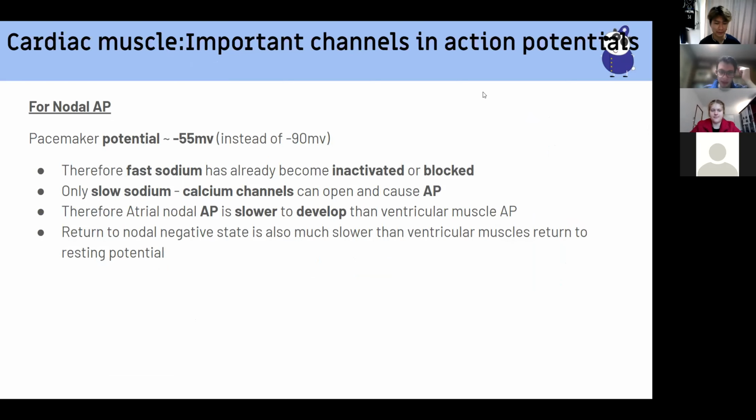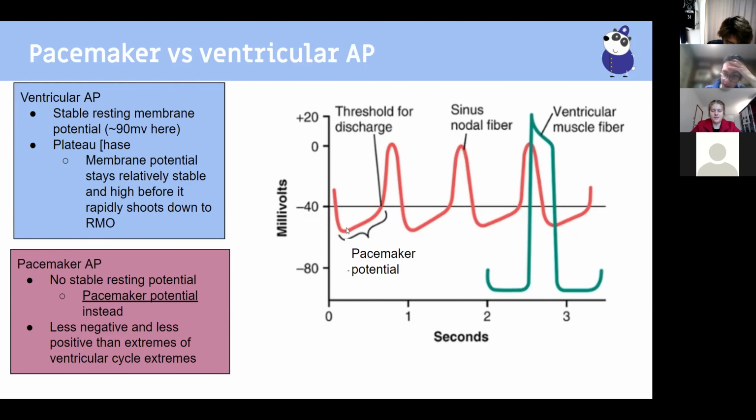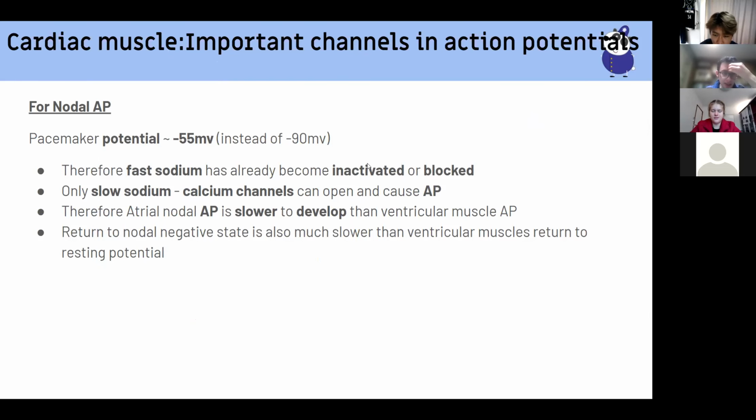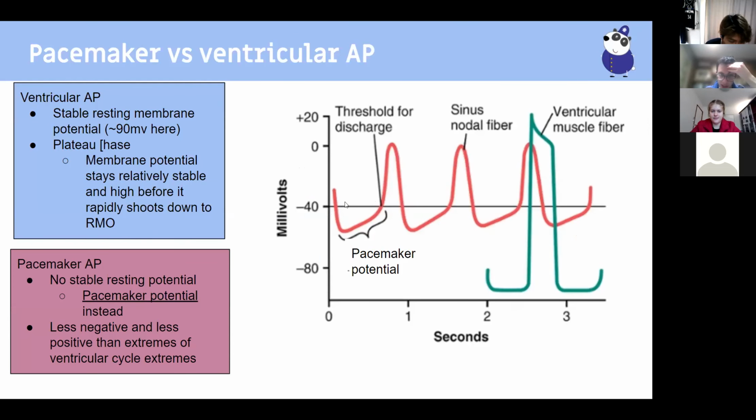For nodal, your pacemaker potential is about negative 55 millivolts. It's really interesting. Because you're at this negative 55 millivolts instead of negative 90 millivolts, your fast sodium channels have been inactivated or blocked. They no longer function to lead to this quick depolarization. So instead you rely on something called slow sodium, also known as funny currents. And these funny currents will lead to this increase of the pacemaker potential until